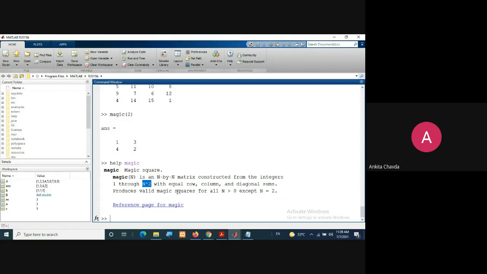It will produce valid magic squares for all n greater than 0 except n equals 2. So it will not work for n equals 2. That is why magic of 2 is not working.